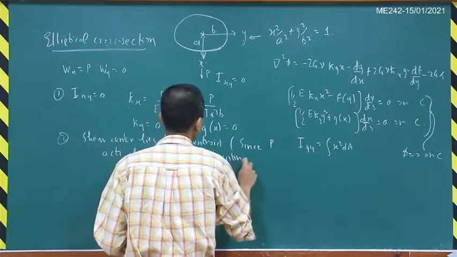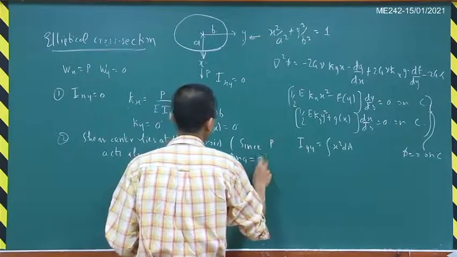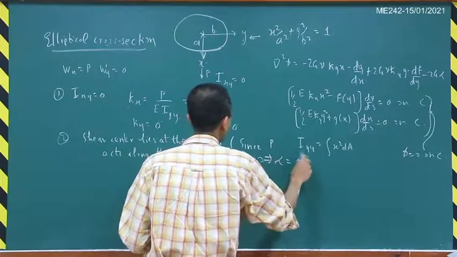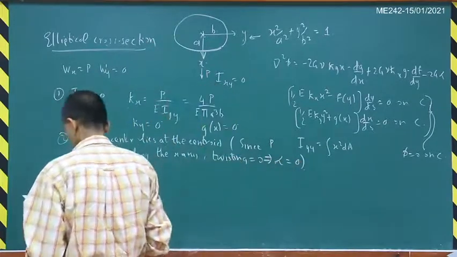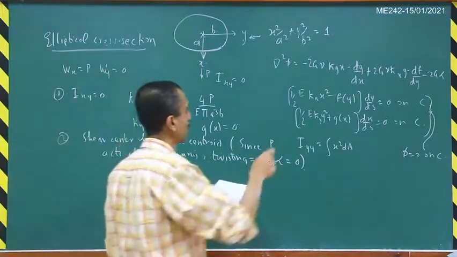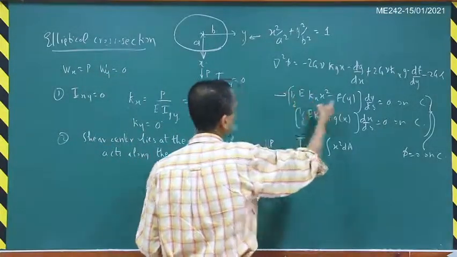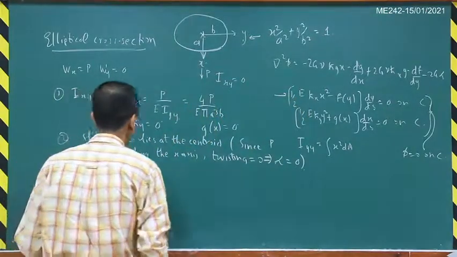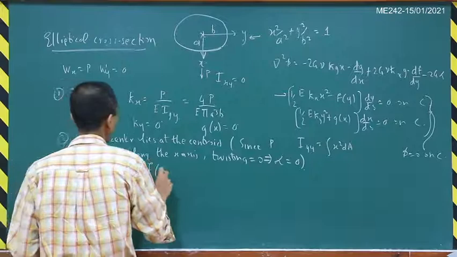Twisting is equal to 0. So that means alpha equal to 0. So that is what we get. And okay, then we go now to this particular equation here. Then from this equation you will get that f of y should be equal to